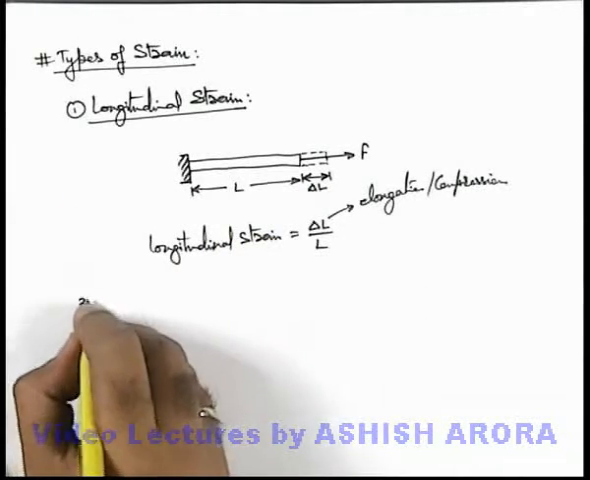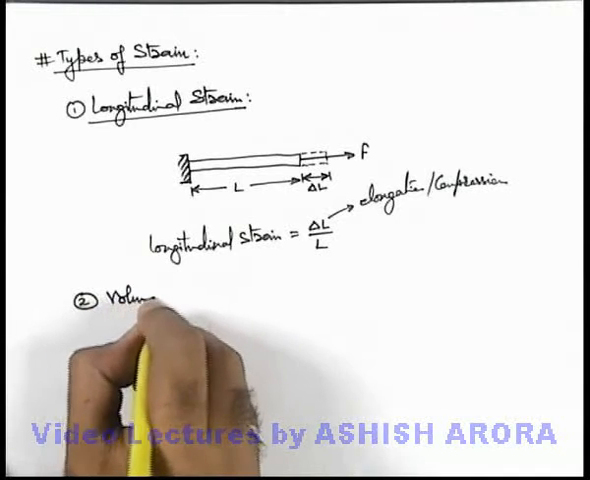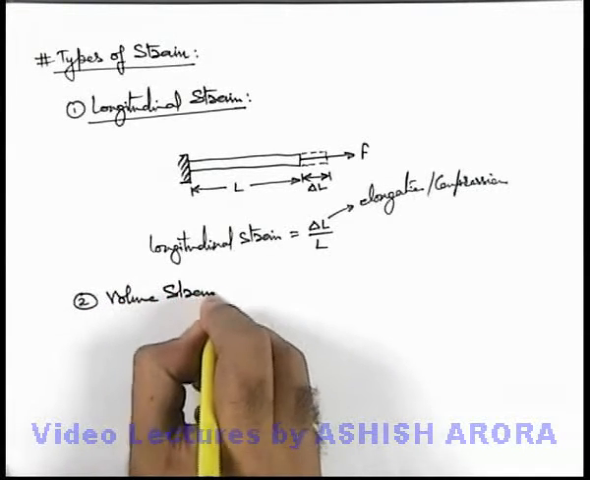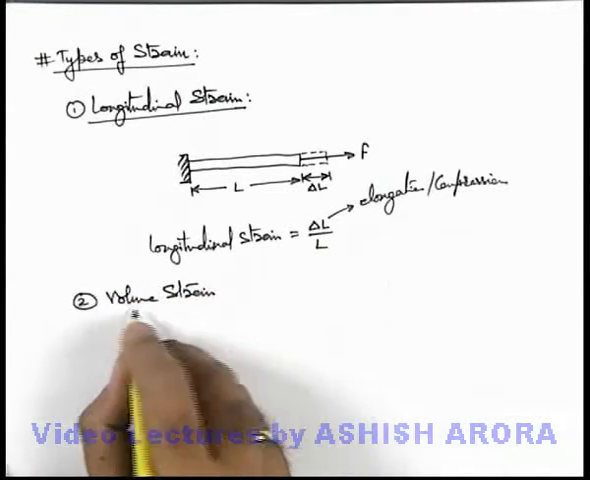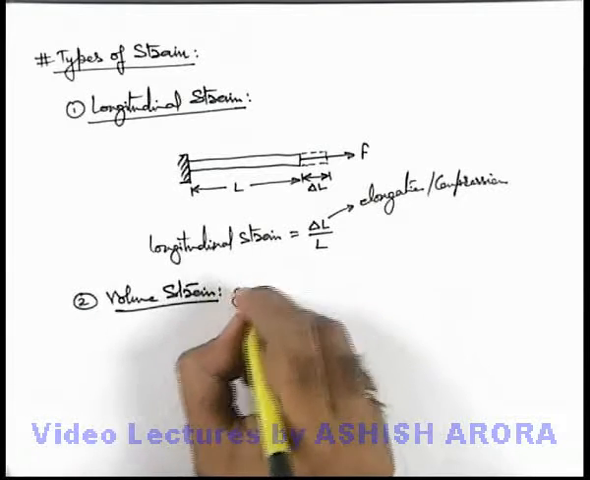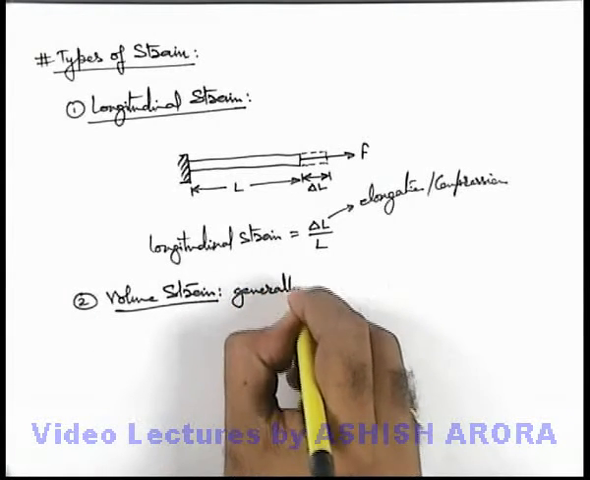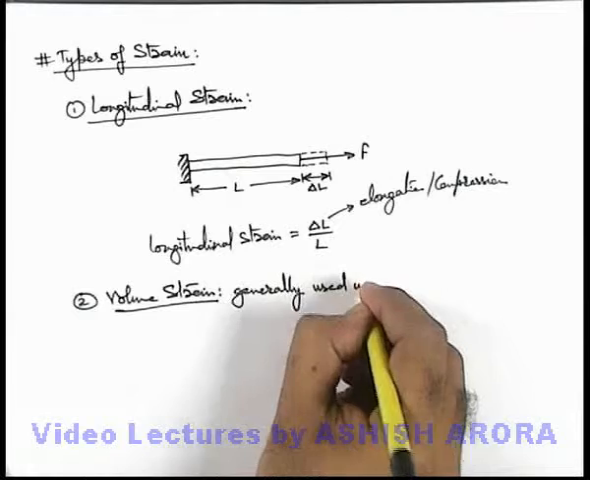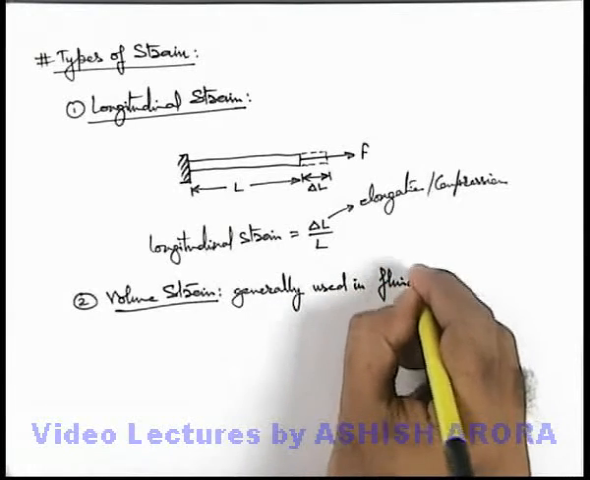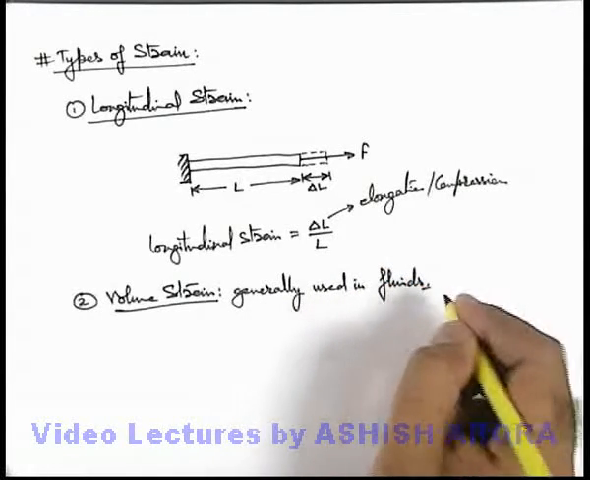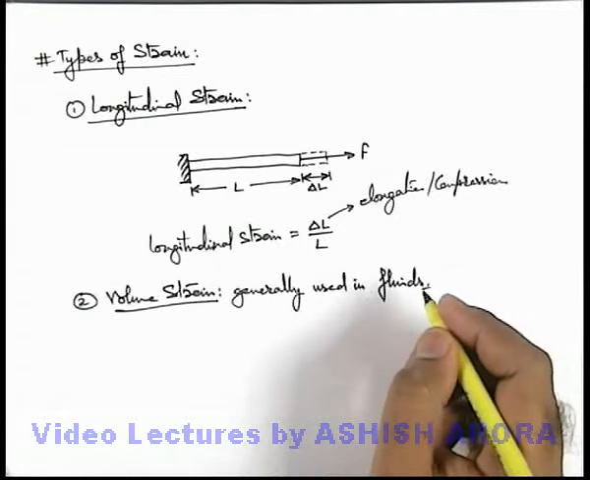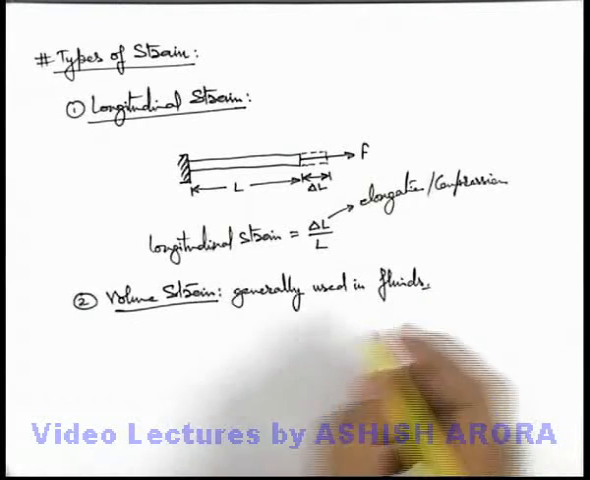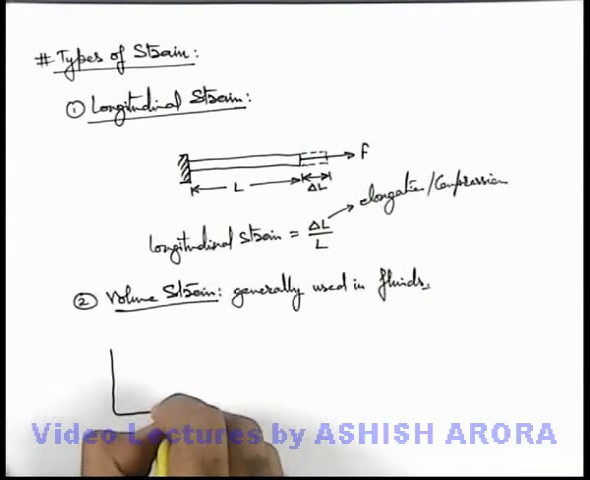The second one is volume strain, which is generally accounted for the cases of fluids. It is generally used in fluids, as in case of fluids we cannot define the dimensions for a fluid, only volume can be defined. So we can simply state, say, we are having a container